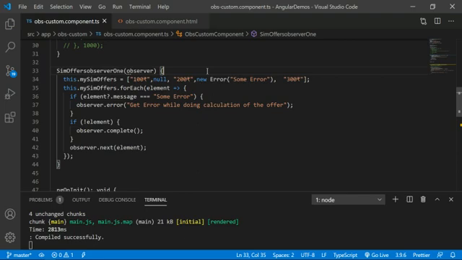Next time I will come up with how to use the observable in services, or how to write one common logic for the components, which is also a kind of service. How to use this observable in those services, we will discuss in the next lecture. Please watch that.